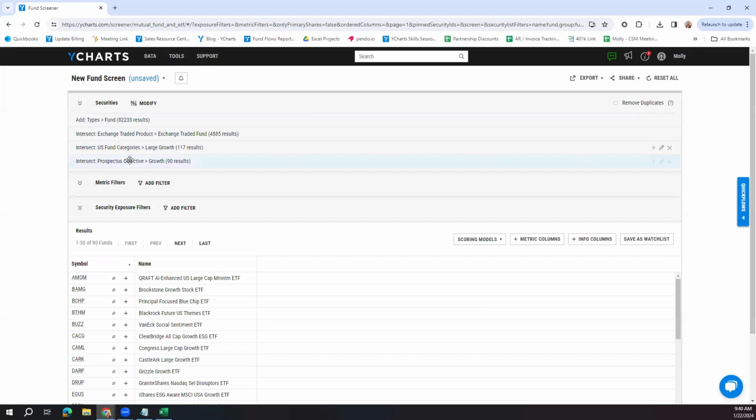And here are the various different line item filters that we just added. So we're starting with all funds. We then narrow it down to just ETFs, then large growth ETFs, and finally large growth ETFs with the prospectus objective of growth. Once we're happy with our qualitative universe here of 90 funds, we can then come into that